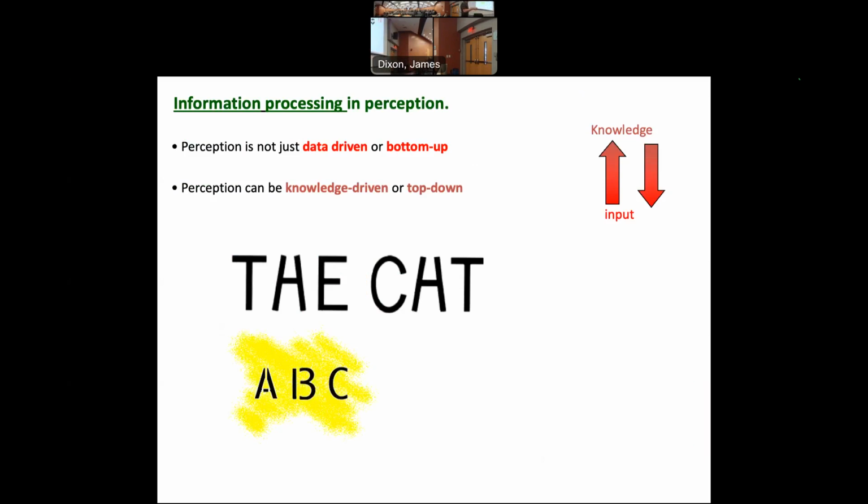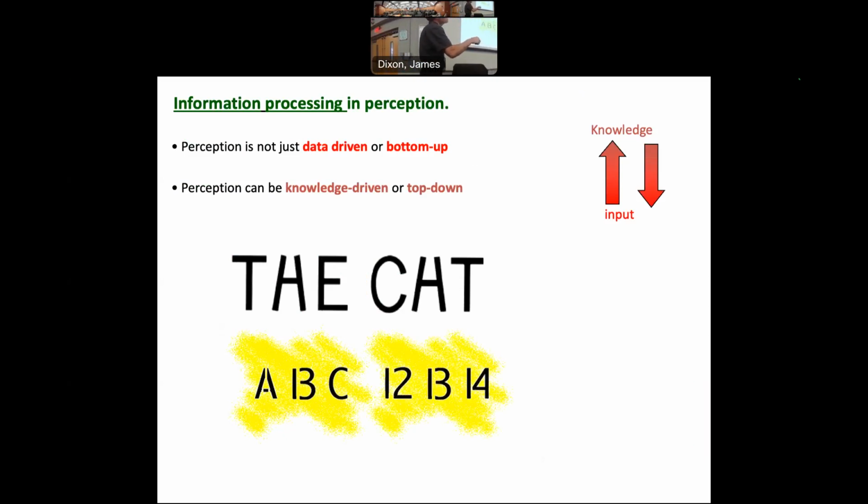You get the same sort of thing here, where this looks like A, B, C. In this case, that same figure in the middle looks like a 13. And neither of them looks particularly weird. Right, so the same kind of argument applies. Right, so again, the idea is that your knowledge of and expectations actually are running perception, not entirely, but to some extent.